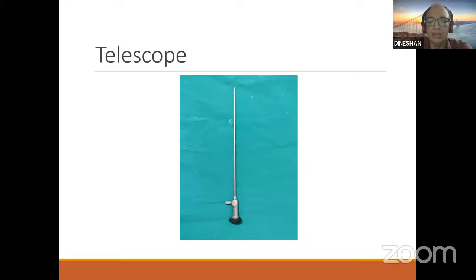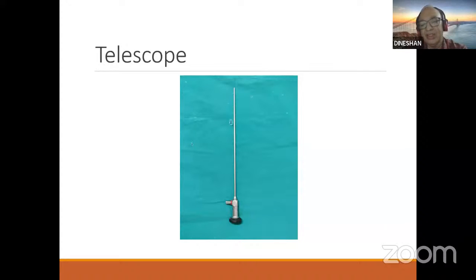Starting from the original days of incandescent bulb telescopes, now it has become more developed, more precise, mainly with the introduction of the rod lens system. Actually, the Hopkins system has revolutionized the whole endoscopy.